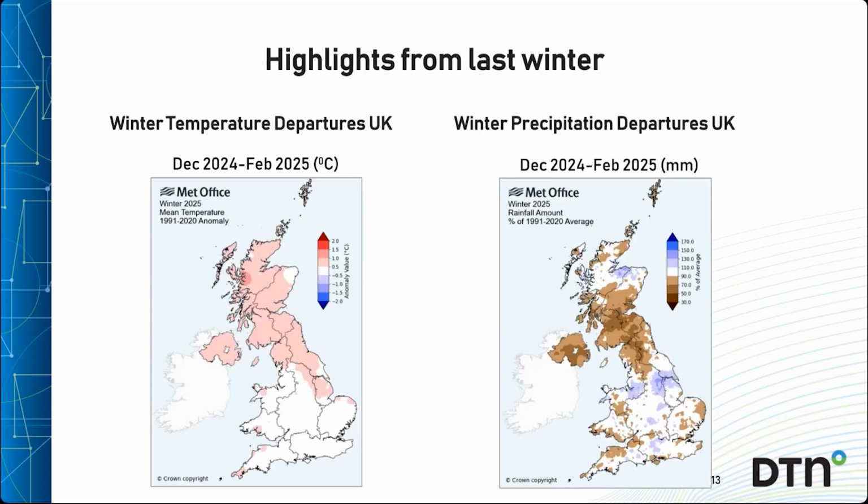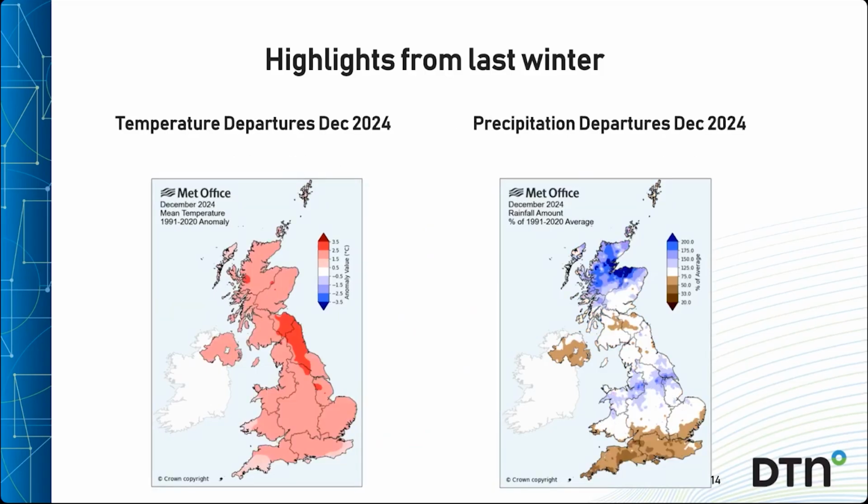Closer look at the UK's average temperature and precipitation for December through February. It doesn't highlight much due to the month-to-month variability, but overall the winter averaged near to a little above normal, while there are no outstandingly wet areas. Breaking that down month by month, we can see above average temperatures right across the UK during December. Rainfall amounts higher in the north than the south, and that's even with Storm Dara, which you might remember brought disruptive rain and winds around the 7th, with the Met Office issuing red warnings for parts of West and South Wales and Southwest England.